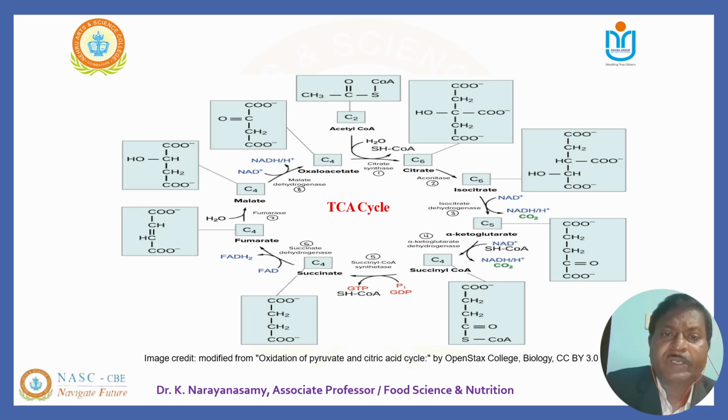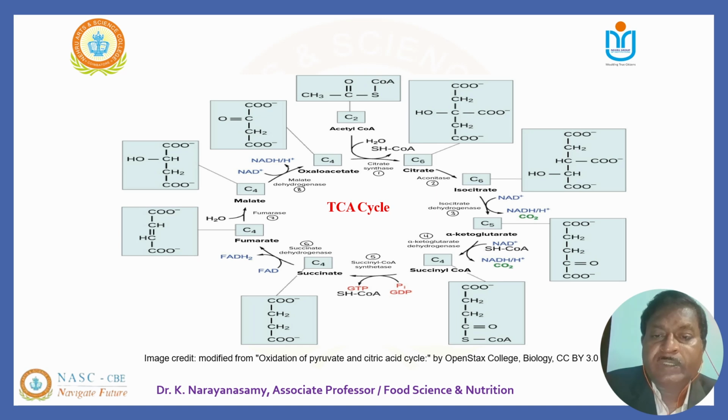Acetyl-CoA, which comes from pyruvate, combines with oxaloacetate by the enzyme citrate synthase and is converted into citrate. Citrate is again converted into isocitrate by the enzyme aconitase. Then isocitrate is converted into alpha ketoglutarate by the enzyme isocitrate dehydrogenase. Then alpha ketoglutarate is converted to succinyl-CoA